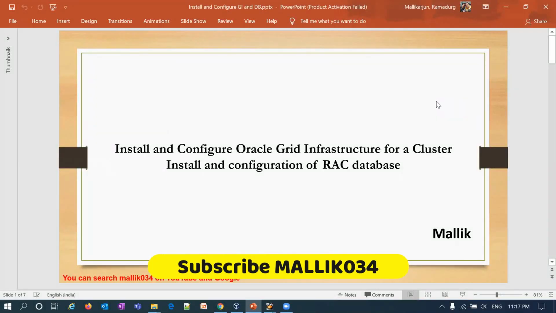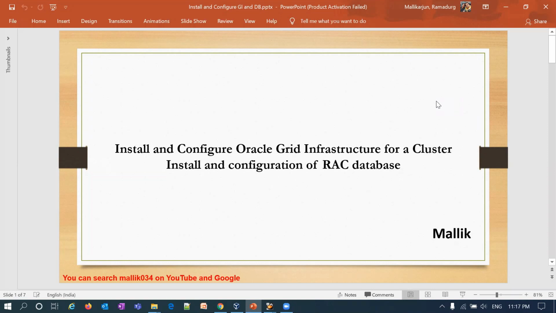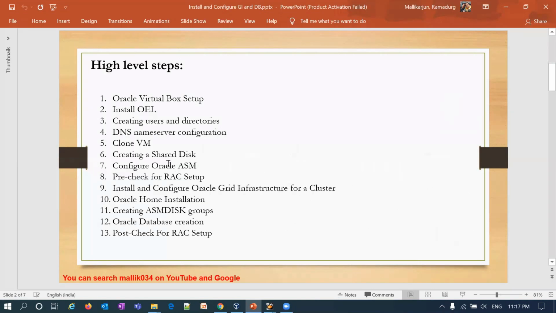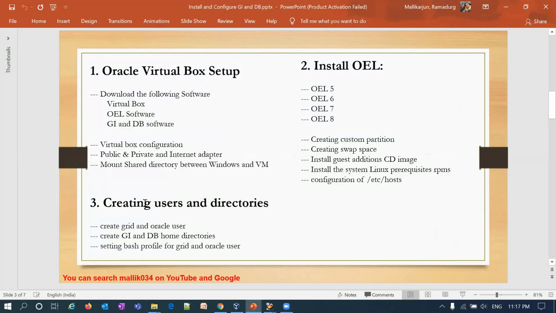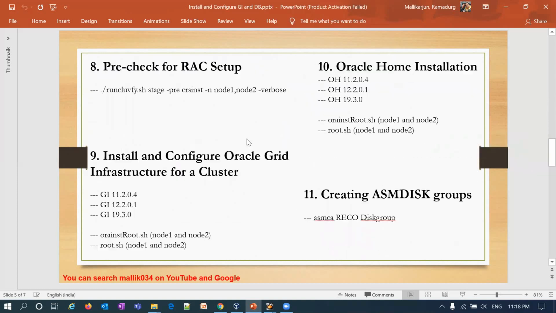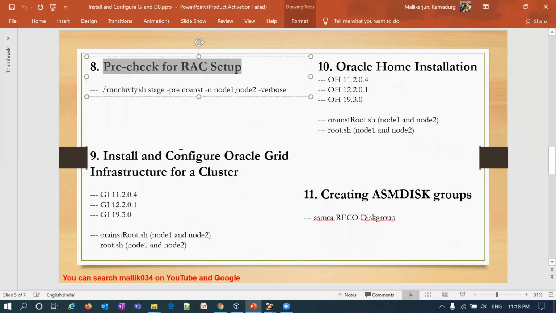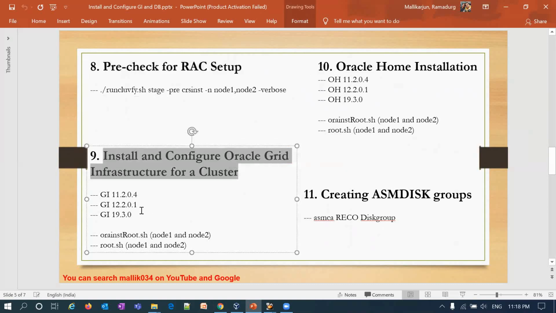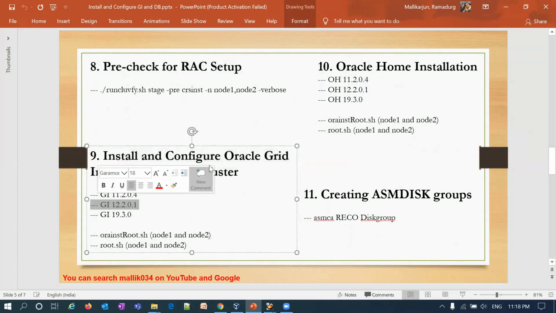This is Mallikarjun. This is going to be one of the continuation series for my grid infrastructure installation and configuration, and then the RAC database creation and configuration. In our previous videos, we have seen a couple of topics on VirtualBox, user creations and directory creations, OL installation, DNS name server configuration, creating a shared disk, OEL cloning, and also ASM disk creation. And yesterday we ran the Cluvfy pre-checks, and also installed our 12.2 grid infrastructure for 2